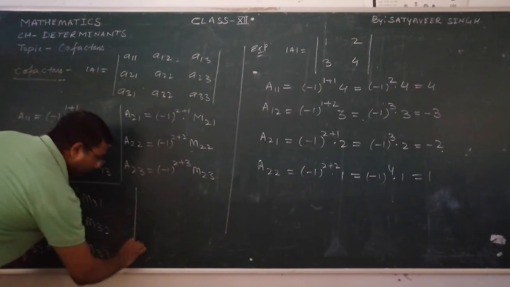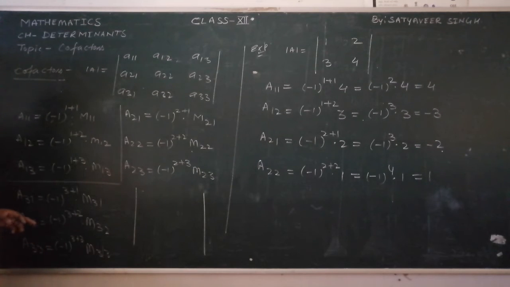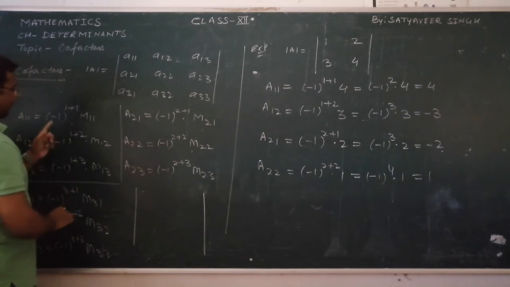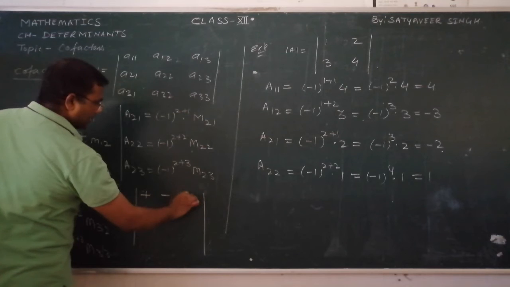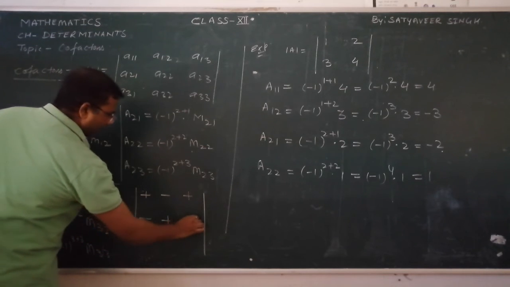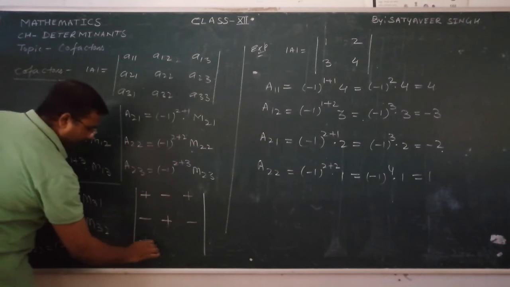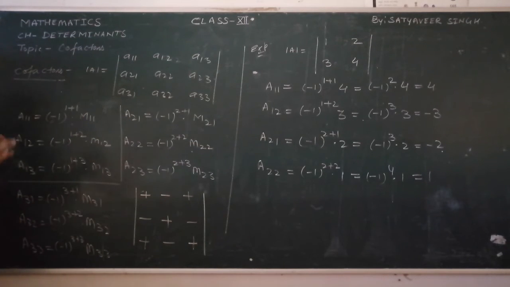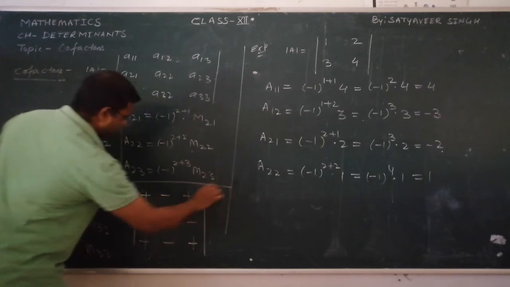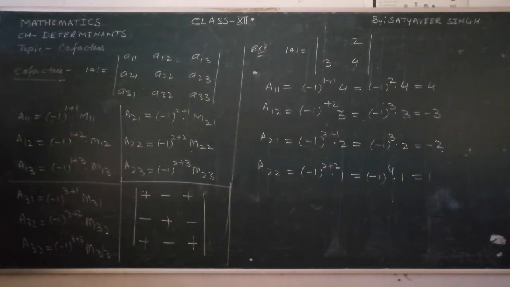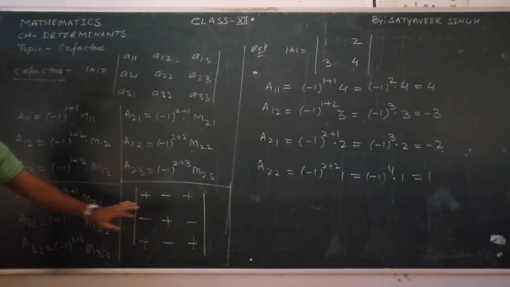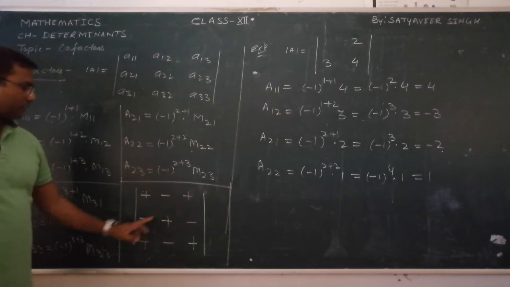So in a short note, we can keep in our mind so that we can easily and quickly calculate for the first value. Always this particular value remains positive for any determinant: plus, minus, plus, minus, plus, minus, plus, minus, plus. So if you keep this table in your mind, you will never commit a mistake in calculating the value of the cofactors. See now, it will go as per rule. There will be no mistake. But this is the actual procedure behind it, but the value comes like this only.